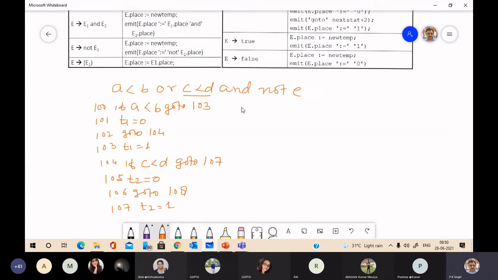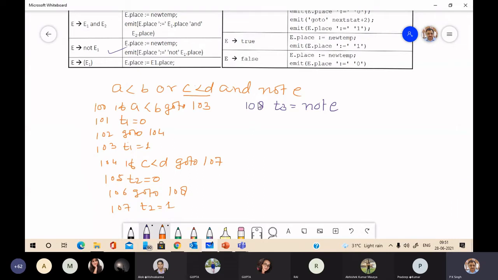And at 108, a new temporary T3 equal to not E. Then it will perform the AND operation on T2 and T3. You just see the translation scheme for not E. A simple code is generated.